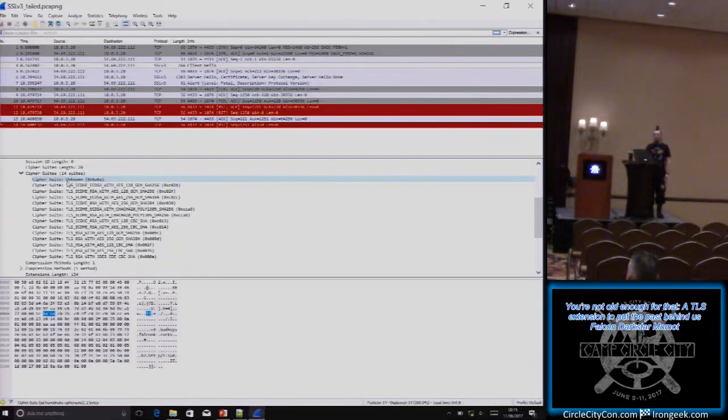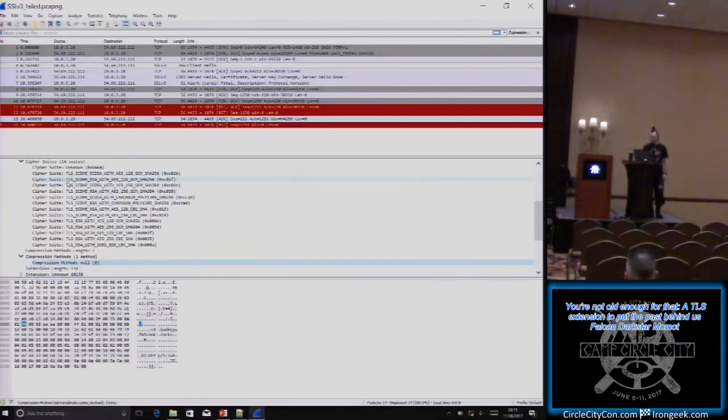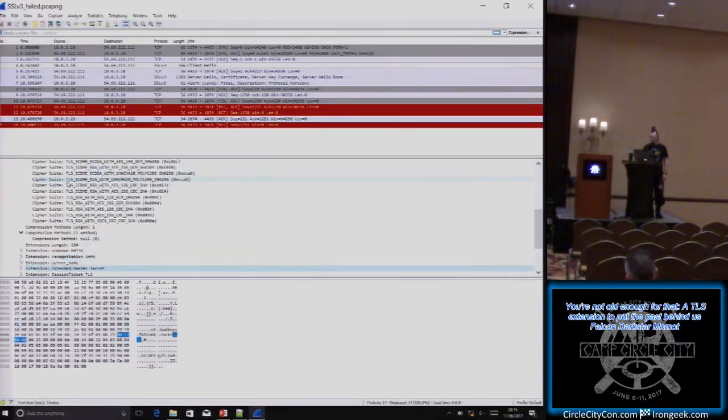One of the most dangerous things about these protocols is you can't simply reject things that you think are invalid or suspicious. You do effectively have to accept them if you want interop. This isn't a very good way to do things as far as I'm concerned with my Langsec hat on, but it's the world in which we live. It asserts which compression methods we're allowed to use, in this case null.